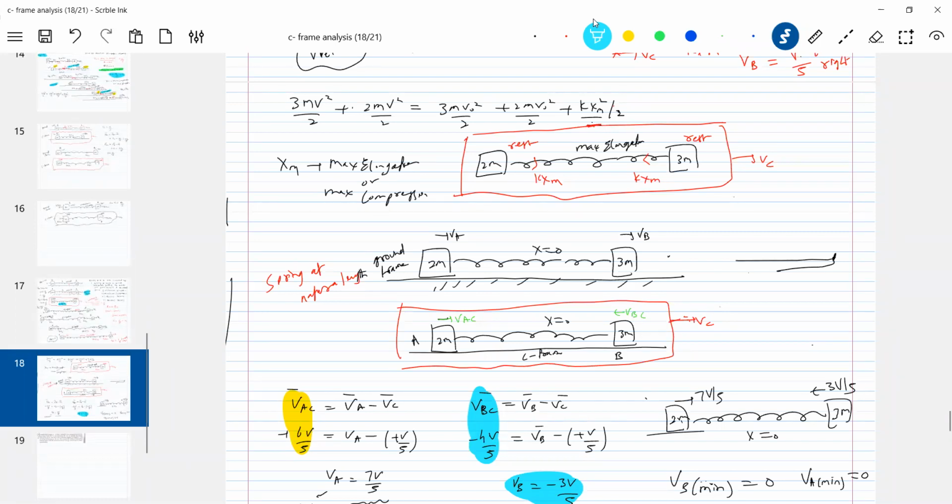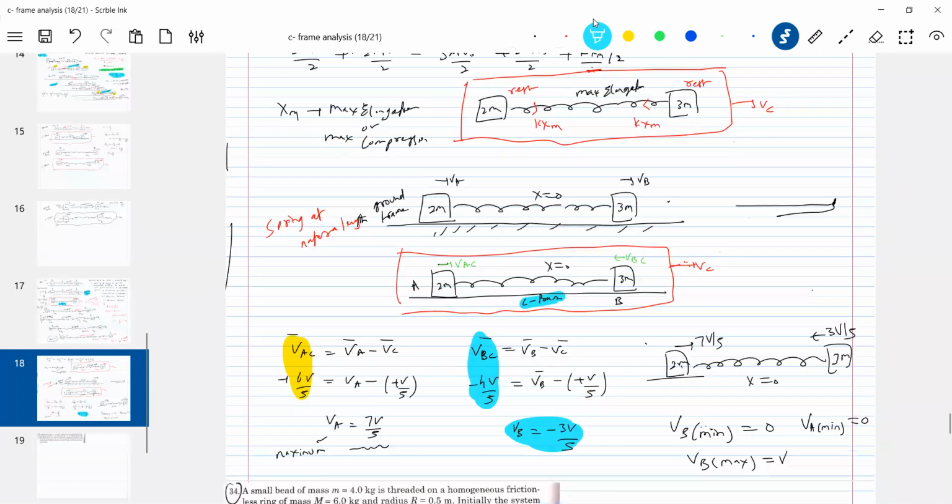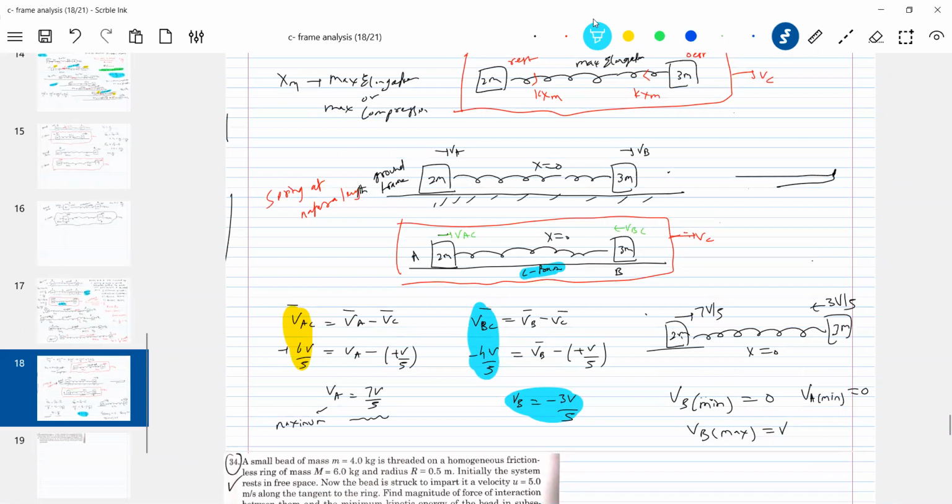Initially, at first natural length, what was the speed of the blocks in the C frame? The block should have the same speed again when the spring attains natural length. Are you getting this? This is a core idea. This is what I'm applying here. So without the C frame, I think the problem cannot be solved. So the speed of the block, again when it attains natural length, I found